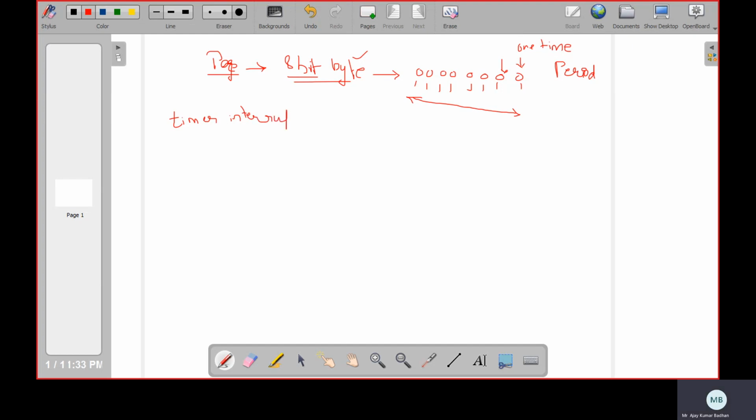Whenever this timer interrupt occurs, it gives control to the operating system. What the operating system will do is, whichever page is referred, it will shift these bits one bit towards the right. This end is what we call the least significant bit,